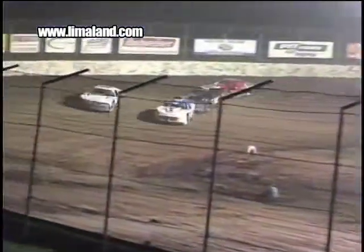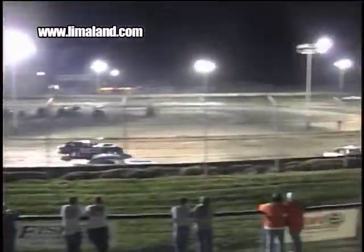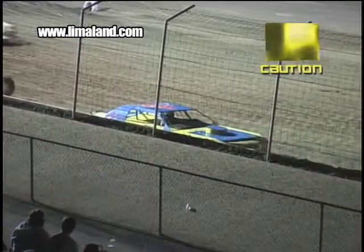There's Earnie Woodard going by the 62 of Kevin Gossard on the outside. Tony Anderson, current point leader, following him. Anderson cuts it down low, down the back straightaway, trying to work underneath Gossard. We have a caution on the...